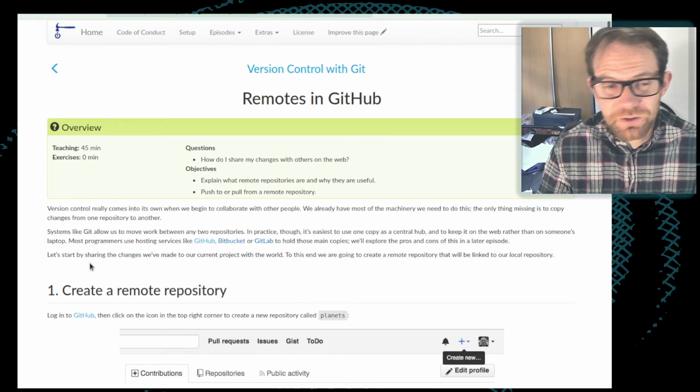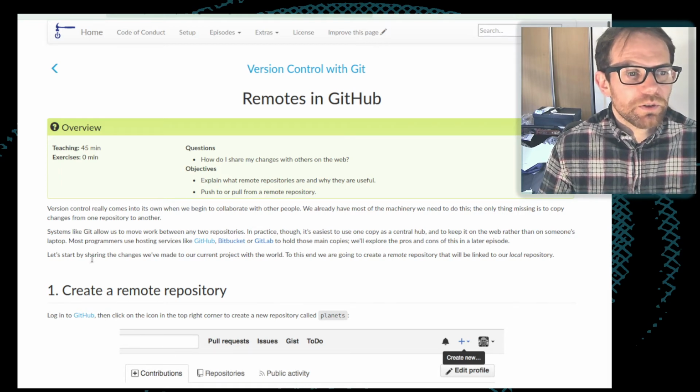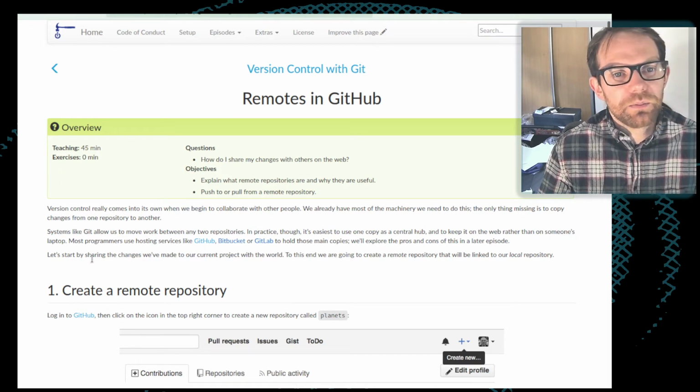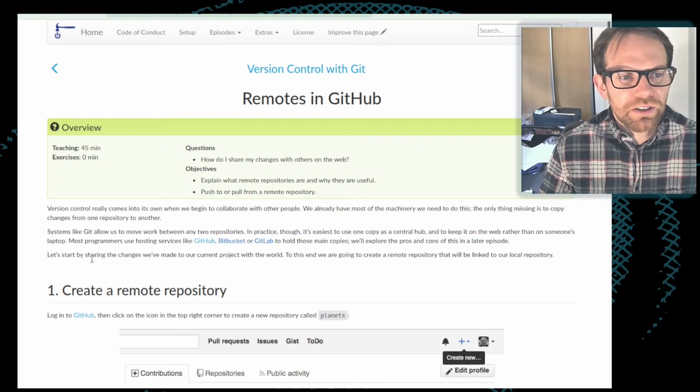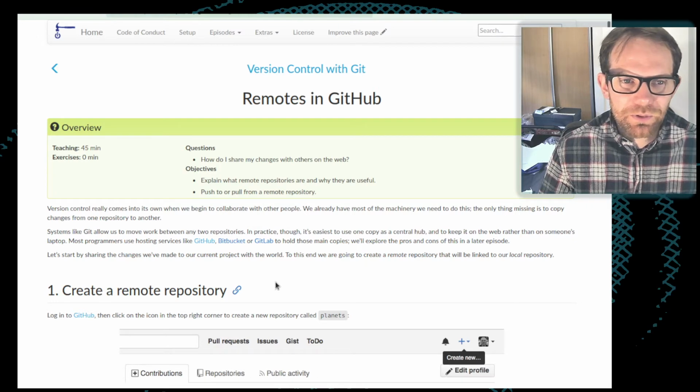So from one person to another, one machine to another. So Git allows us to keep multiple copies of a repository synchronized amongst each other, and do this in a completely distributed way. In practice, whilst you can do this, often this isn't actually how people use Git.